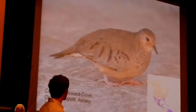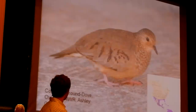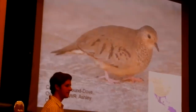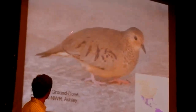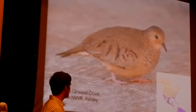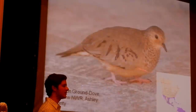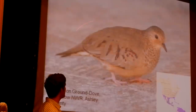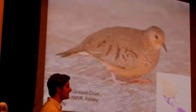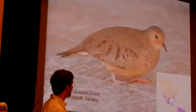Our goal was common ground-dove, though. They have been seen at this refuge all fall. And I needed this bird, definitely, because they're rare anywhere. So Dad and I, once again, actually met up with another birder from El Dorado. She met us over there, and we searched for this little dove, and again, this is maybe even smaller than a dove. These things are tiny, and they just went in and everything. And we checked all these recently